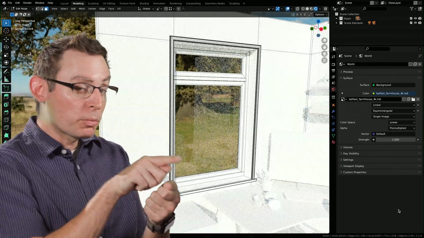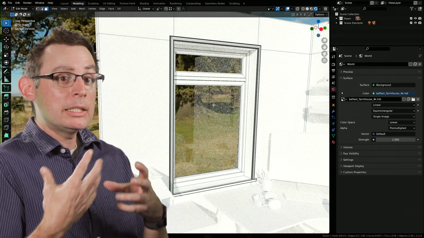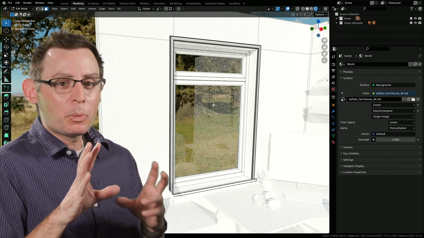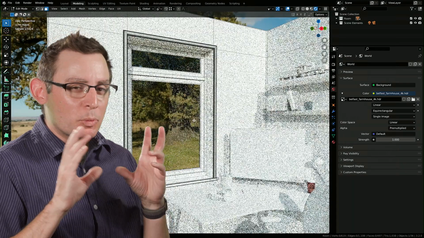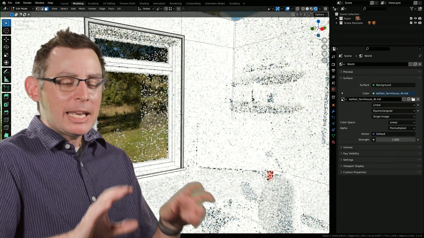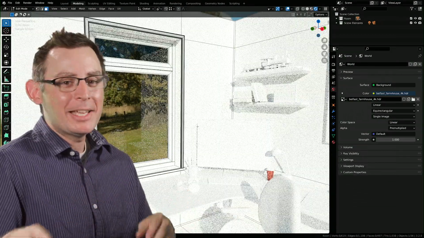Now we're seeing through the window, but we're also calculating all the reflections of the interior of the room, just like the glass would, which is incredibly cool. I love working with the glass effects inside of Cycles. We're getting some really great illusions pretty fast, and it's a fun way to add a nice little transparent depth to all the objects that have this glass material inside of our scene.